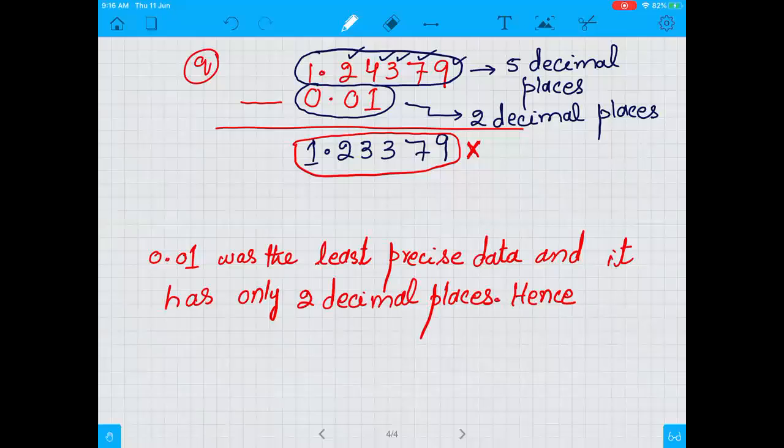So our least precise data was 0.01, and it has 2 decimal places, and hence the